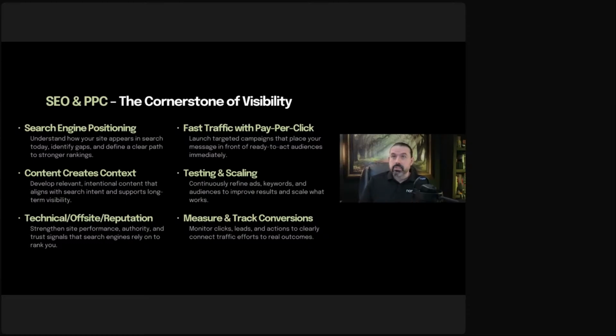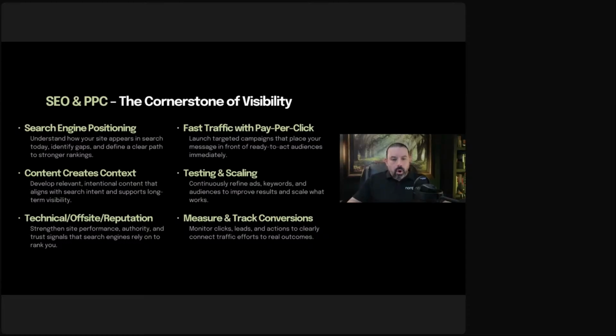Content creates context. So the more content that you create on your website that addresses questions, and we're going to get to that in a little bit, but addresses questions and concerns, that gives people answers to things, and also provides them with the resources they need, that's going to create the context for your SEO. Okay, so search engines will not just rank you because you want to. They don't just rank you because you use a certain phrase anymore. What they do is they rank you based on the usefulness of your website and the way that it answers questions that are asked.